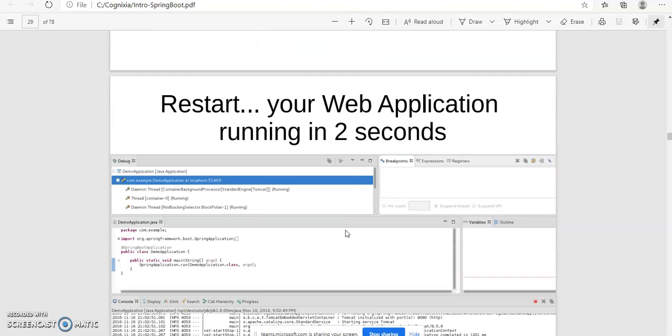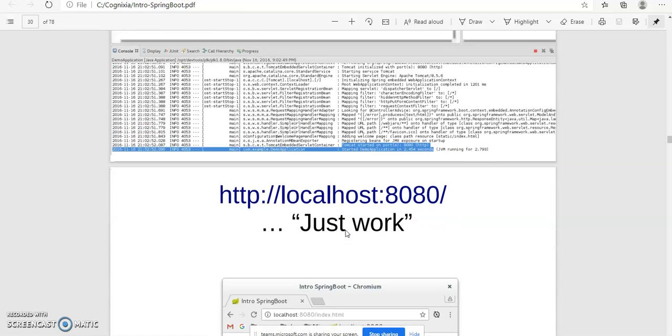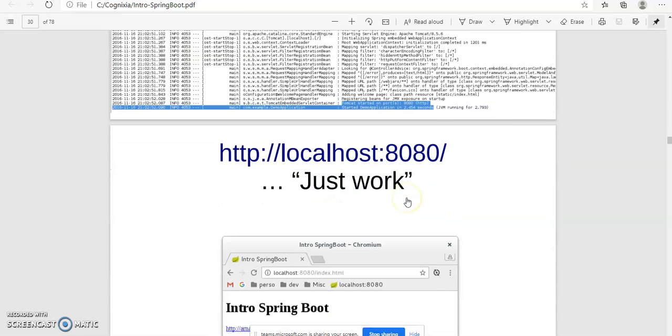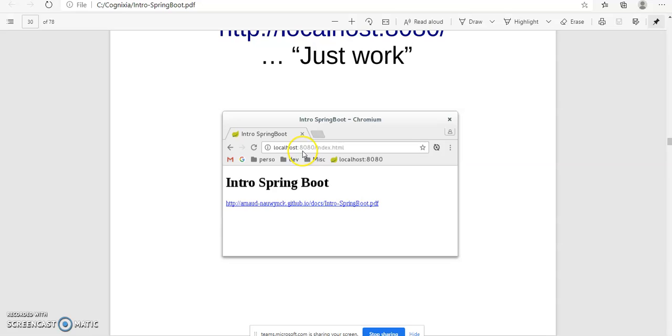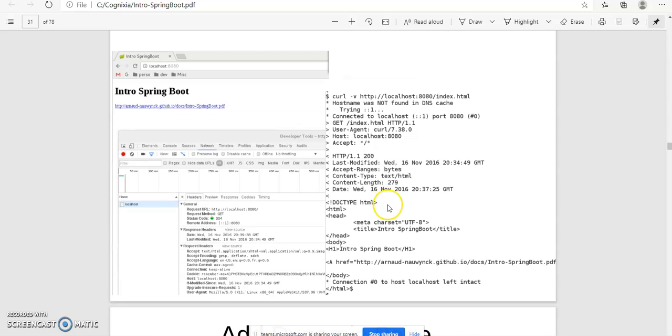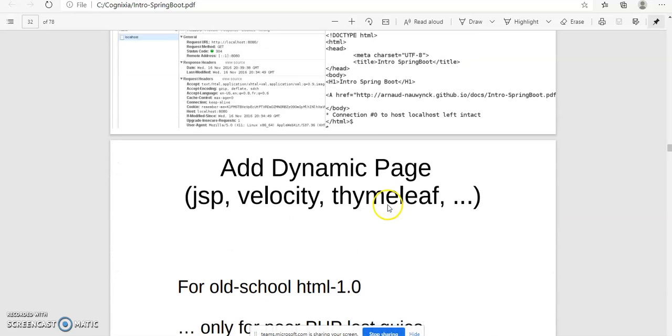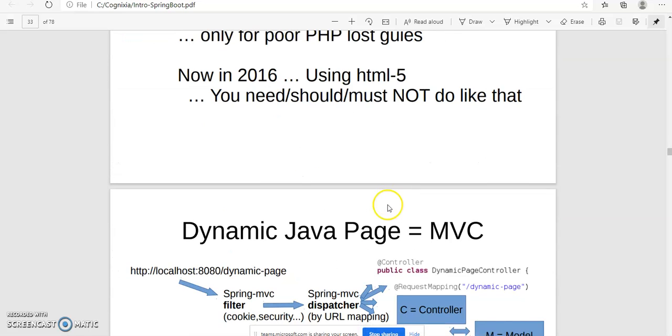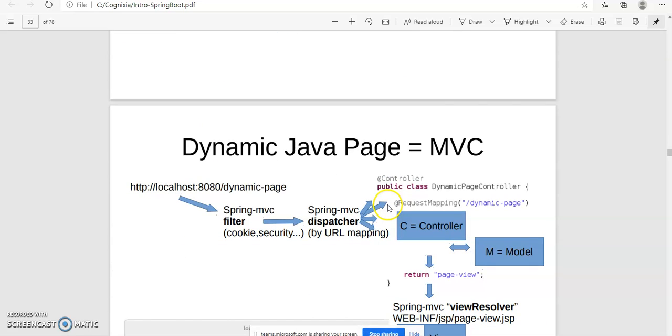By using this index.html, I get a localhost, localhost:8080/index.html. Then it will have an intro and a link which has been shared. So what we are doing here is that we need to generate a project, then that project needs to be taken